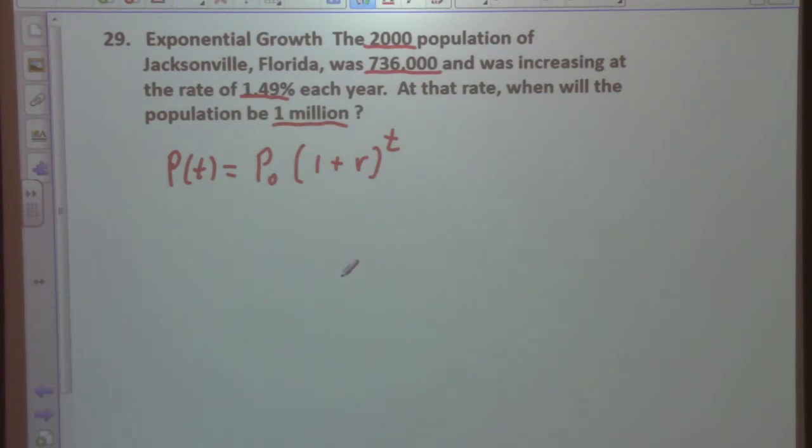Okay, does that make sense? So filling in, we want to find out at that rate, 1 million per year, so 1 million